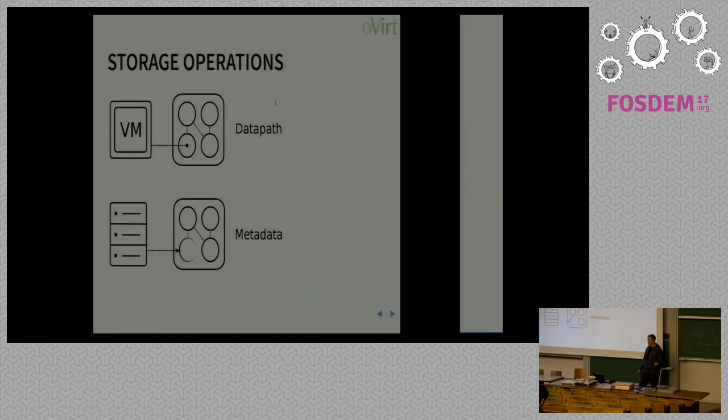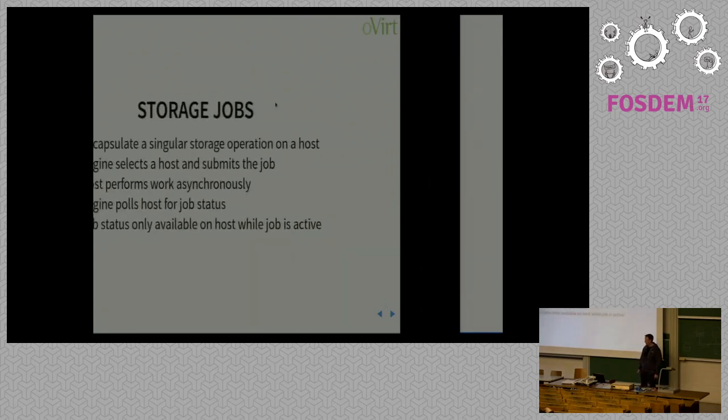The main one, the obvious one, being a virtual machine accessing its disk while it runs on a host. But other examples are a hypervisor copying one volume from a source volume to a destination volume, for example. So these require a slightly different kind of protection, since garbage collection really can't handle the job. So we can take all of our data path operations and encapsulate them into something called a storage job.